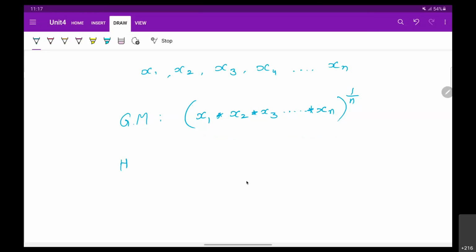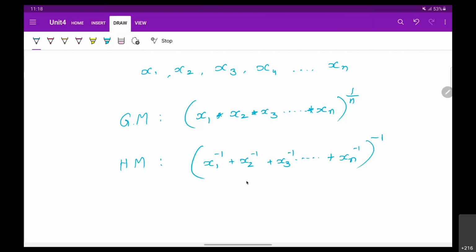Harmonic mean is something like n divided by x1 power minus 1 plus x2 power minus 1 plus x3 power minus 1, and so on. Now this is summation, remember, up to xn, and then also power minus 1.